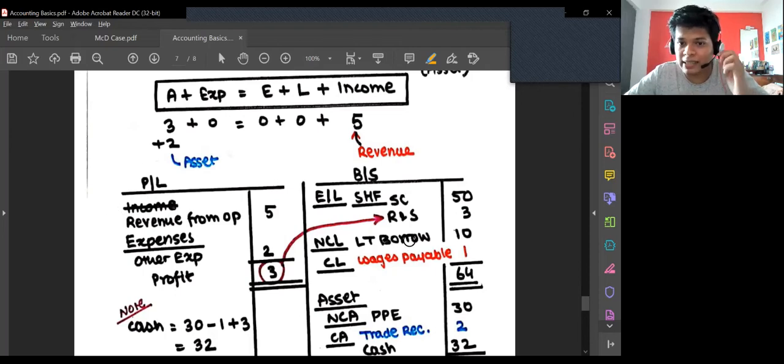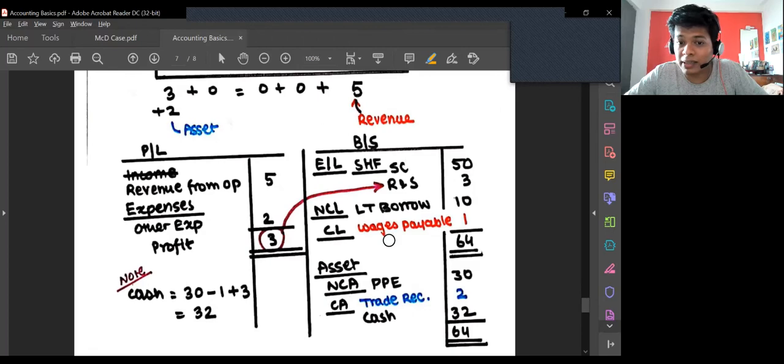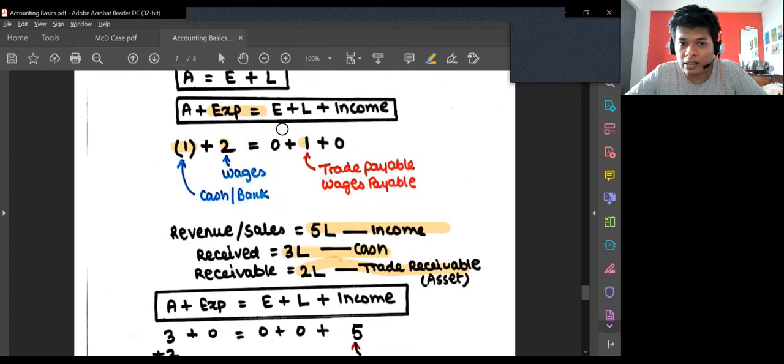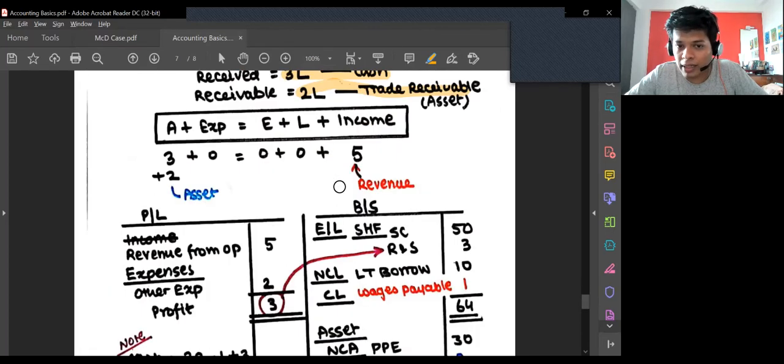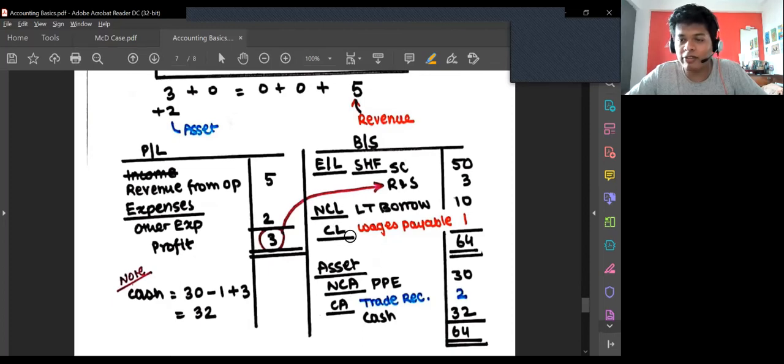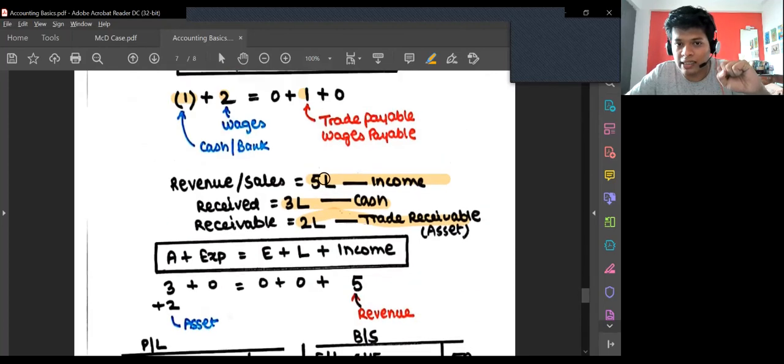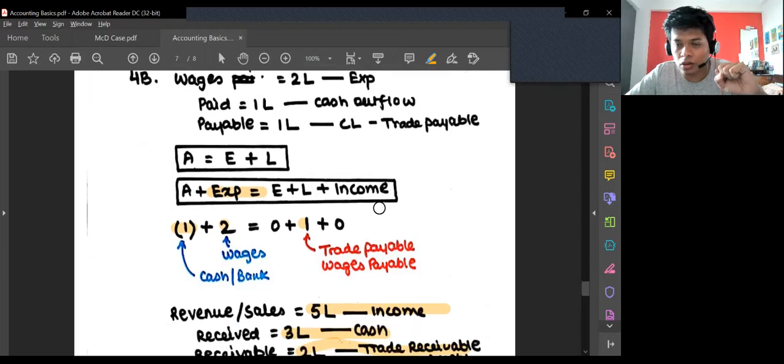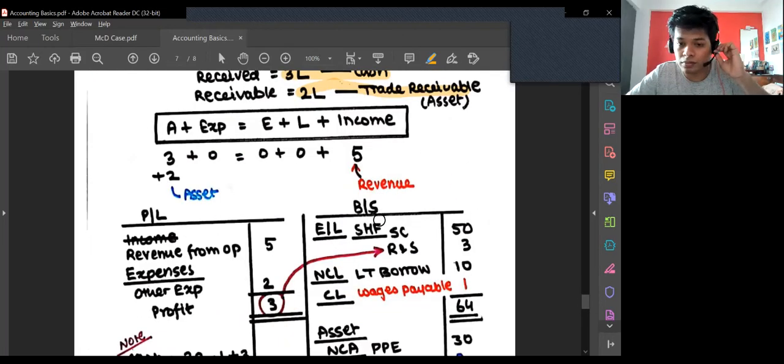Now the change in the balance sheet happens because of current liability, wage payable. So here I had the trade payables. In my liability side, wage payable, generally what happens, wage is paid within 1 or 2 months. So it's less than 12 months. That's why it's in current liability. So it's in current liability as recorded the wage payable of 1, and in current asset I have recorded the trade receivables of 2. Okay, so this 2, where does this 2 come from here, and this 1 is coming from here. Okay, I hope you guys are following.